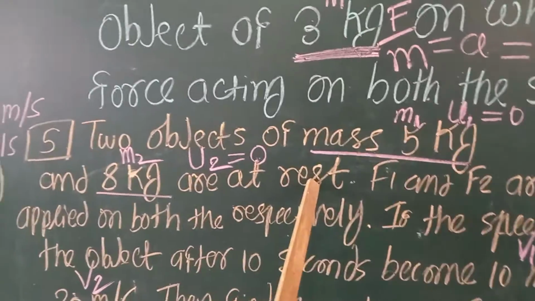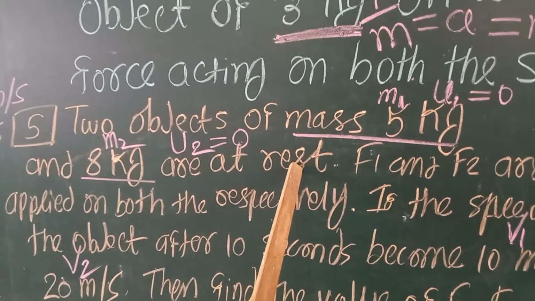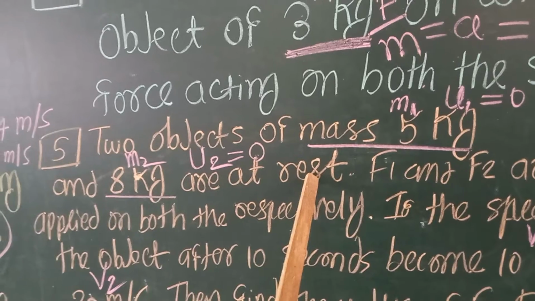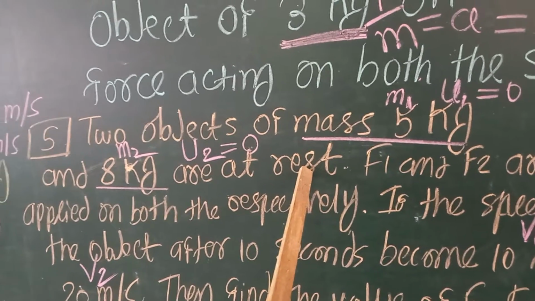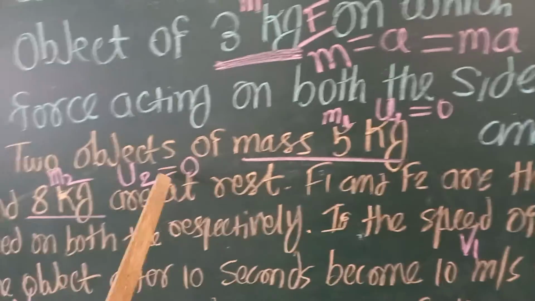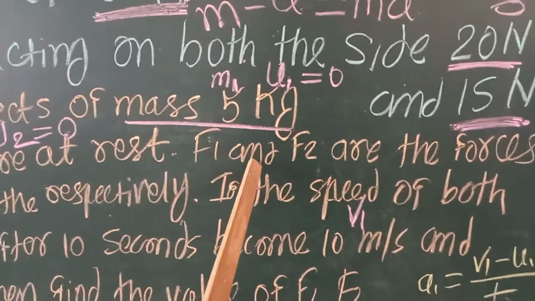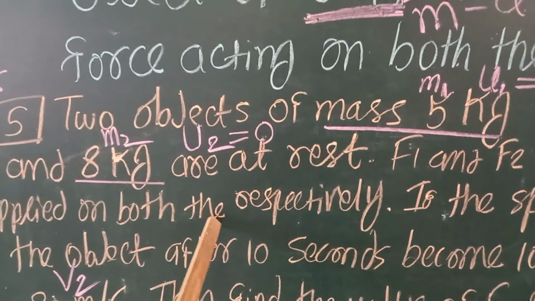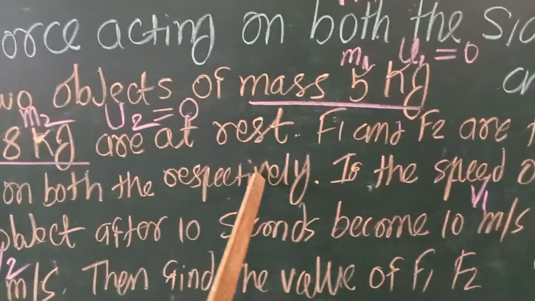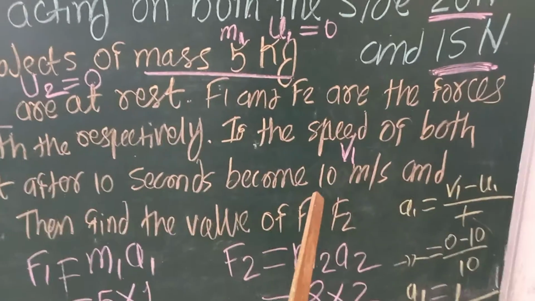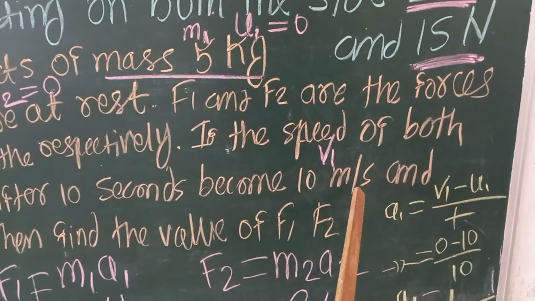Rest means initial velocity will be 0. U1 will be 0, and U2 will also be 0. Now F1 and F2 are the forces applied on both the objects respectively. If the speed of both the objects after 10 seconds becomes 10 meter per second